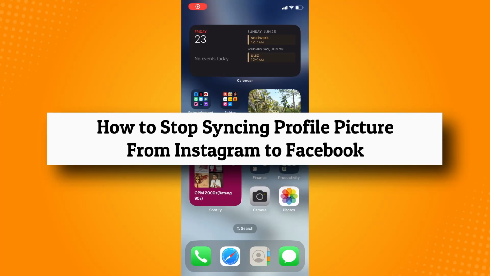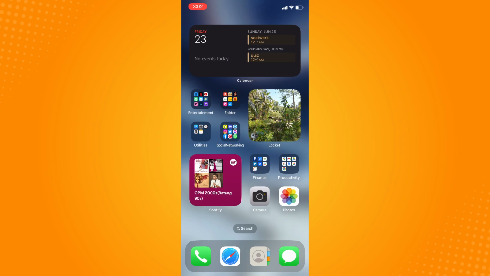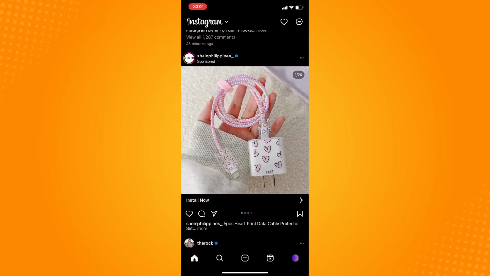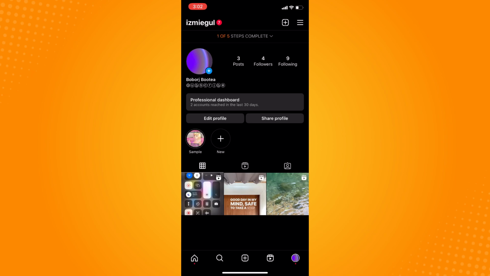How to stop syncing profile picture from Instagram to Facebook. So all you have to do is to go directly to your Instagram application here, and it will lead you to your home area. Now on the bottom part, you will see 5 different options there. Tap on your profile on the bottom right, and here go to settings by clicking on the burger icon here